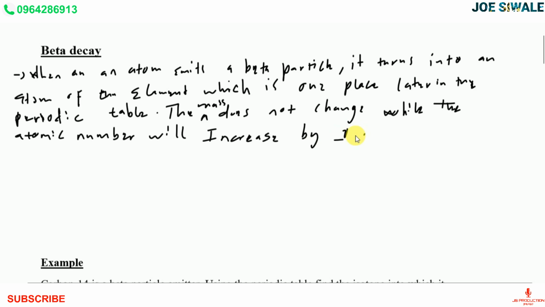That means that the atomic number of a daughter nuclide is going to be 1 more than that of a parent nuclide. And to write the general equation, we can say